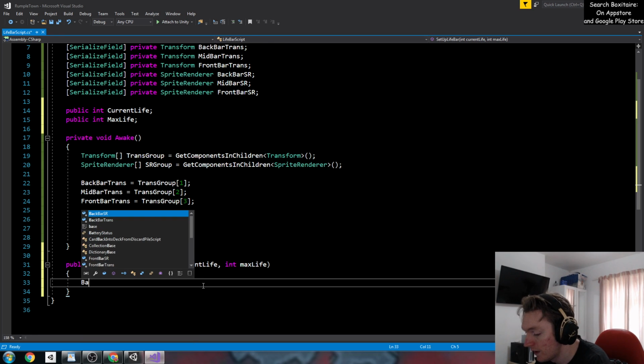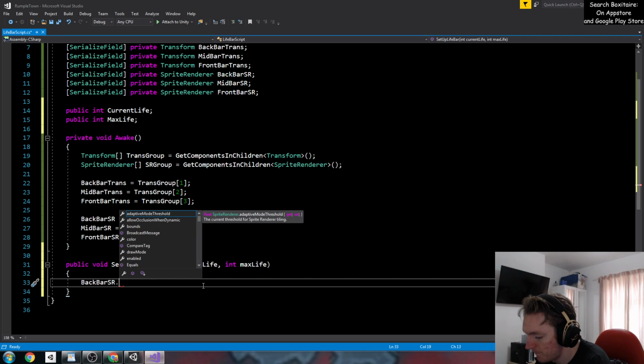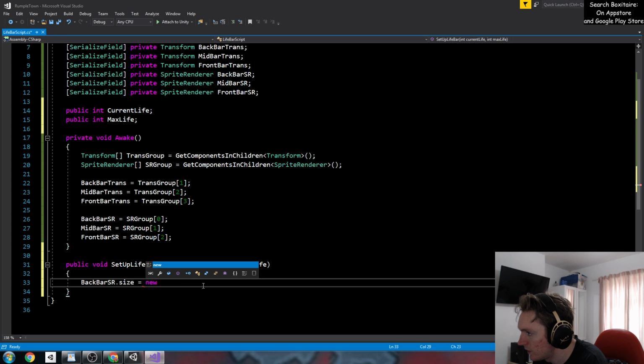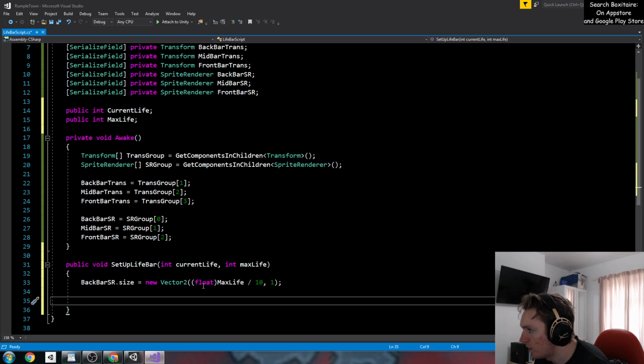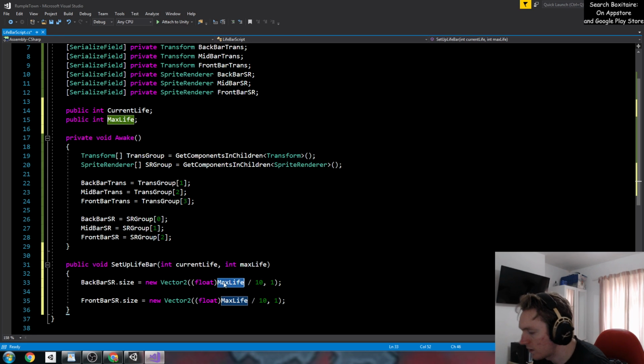So I'm just going to have something as simple as backBarSR.size equals new Vector2, and this will be a float of maxLife over 10. I think this will just simply be 1, and we want the front bar SR. I could have copied and pasted quite a bit of this, but let's do that now. That actually needs to be...